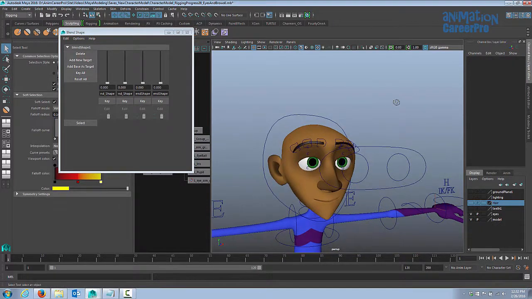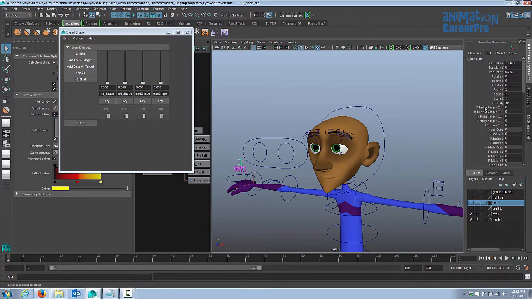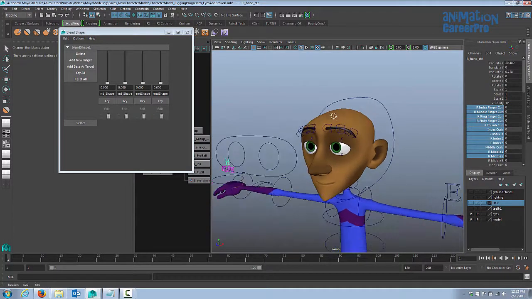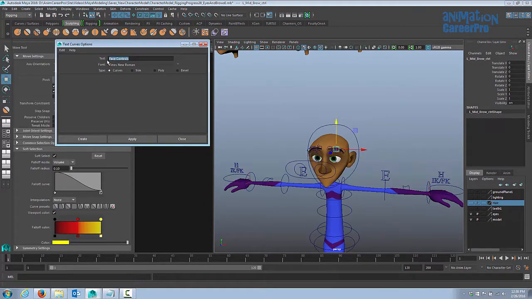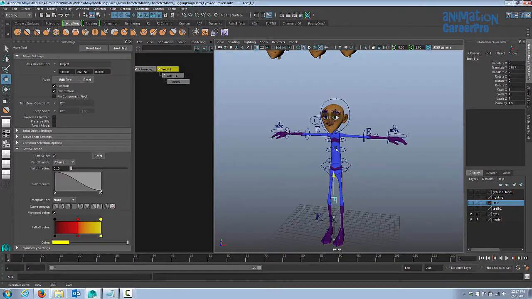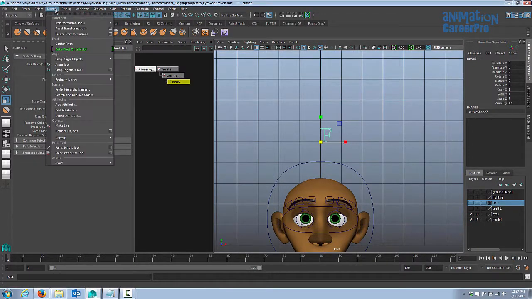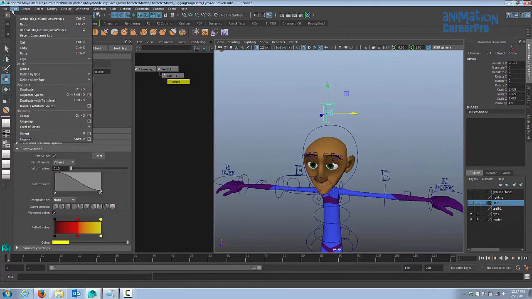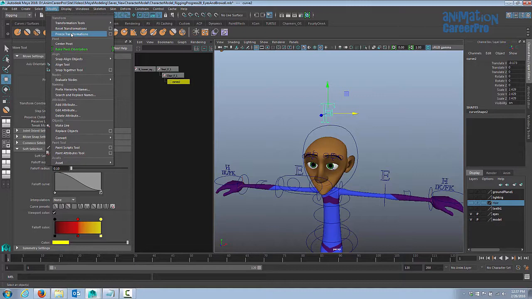Alright, so the next thing we need to do is, I'm going to create a face control that we're going to place above his head. Just like we did with the hands, we added all these attributes, created set-driven keys for them. We're going to do the same thing with the face. Let's go to create, and we'll choose text. And I'm just going to use an F, create. I'm just going to place that above his head. So let's go to modify, and we'll center the pivot on it. And we're going to scale it up. Alright, so I want to go to edit, delete by type, and we'll go history. So clear any history on it, and we're going to go to modify and we'll freeze the transformations on it.